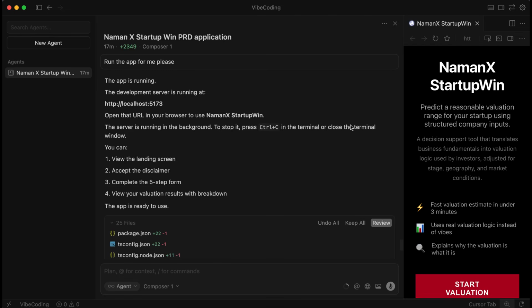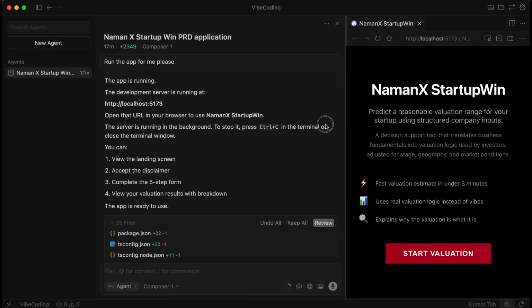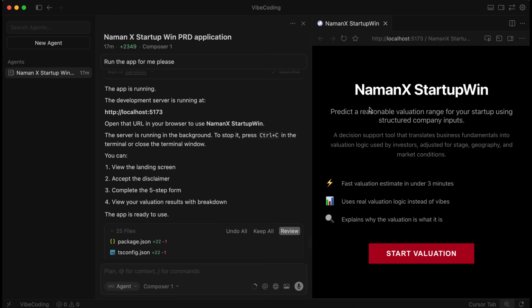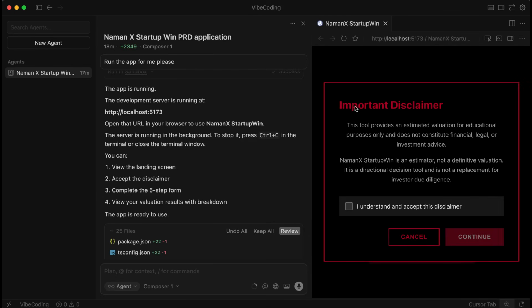Now I have the application opened up within Cursor, but you can test it out in your browser as well. So now let me just expand on this to get a better view. And now we can test our application out. So it says Mnemonics Startup Win. And what I'm going to do is I'm going to click on Start Valuation. All right, and this is a red and black color scheme just like we asked for,